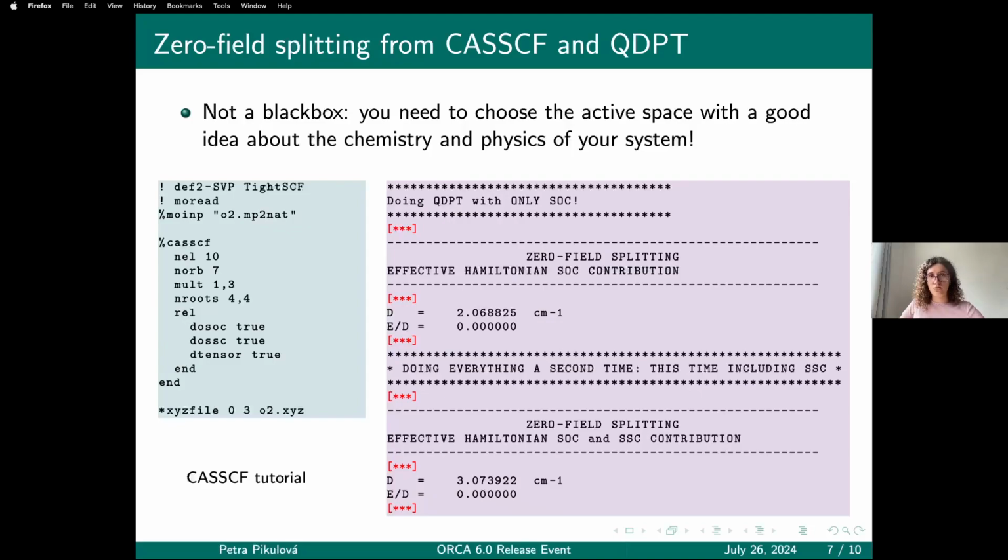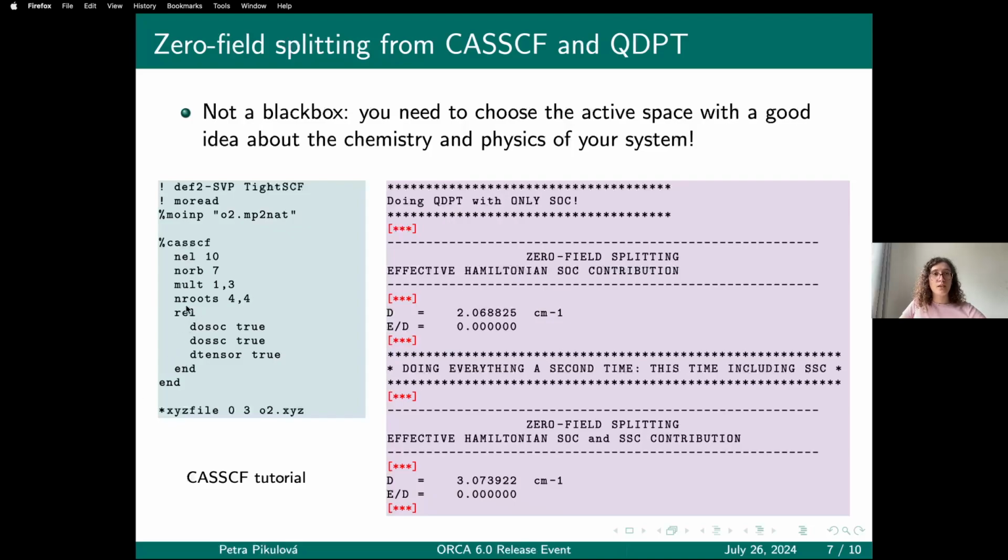So in case of zero field splitting, actually not only states with the same spin multiplicity as your ground state, which would be these triplets that I'm asking for, can contribute, but also states that have total electron spin one less or one more can contribute to the property by coupling with the ground state. So that's why I'm also asking for the singlets here, and actually the main contribution comes from an excited singlet